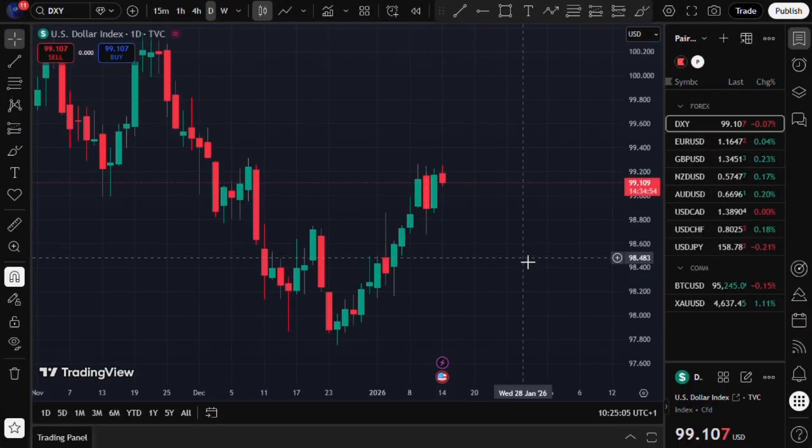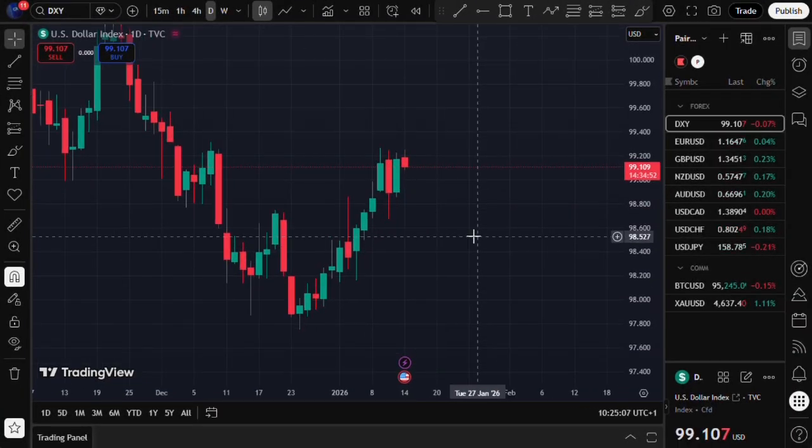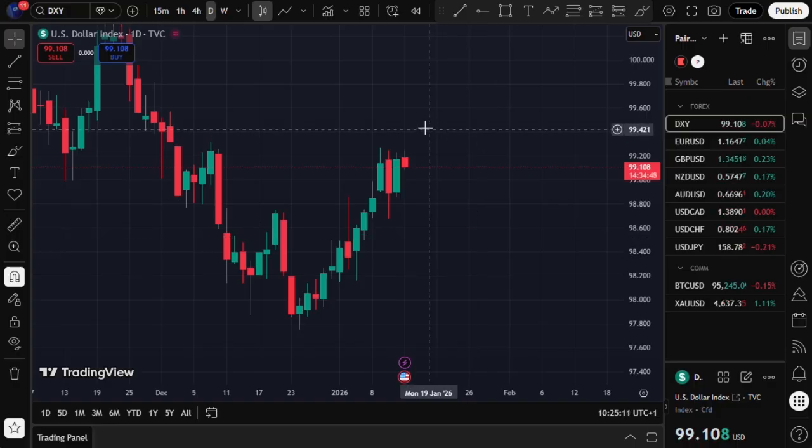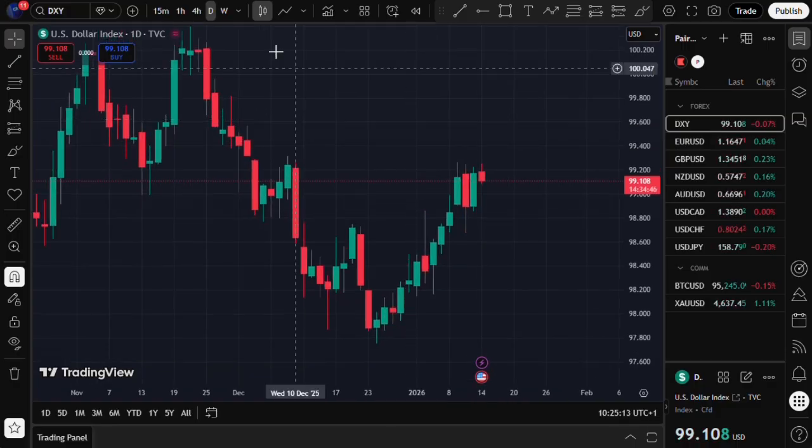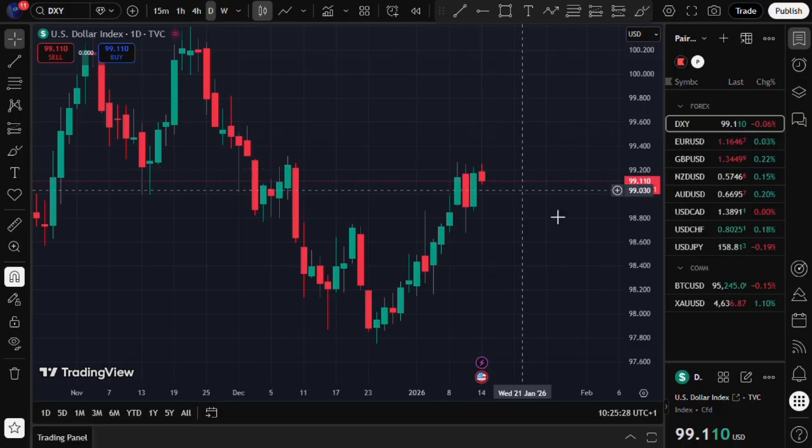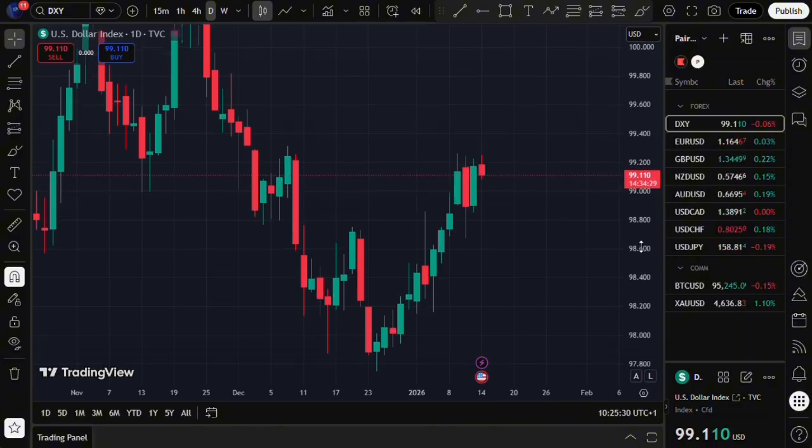Now, when we want to trade around institutional liquidity windows, most traders get this wrong. They do it the wrong way. They trade anytime price moves. That is not how you trade within institutional liquidity windows. Just because price is moving doesn't mean you should open a trade. The institutions trade when liquidity is present, and they know when liquidity is present on the chart, and we are going to talk about that in a minute.